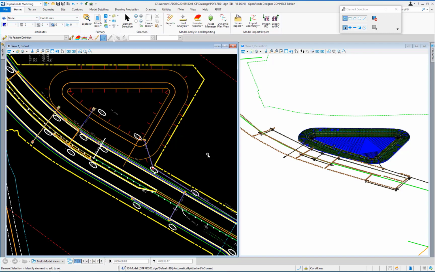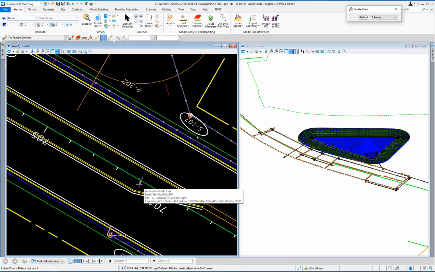Left-click on the Rotate View tool in the View Controls bar. Select the 2 points method in the Rotate View dialog box. For the first point, snap to the end of the minor tick mark nearest the station 704 of the roadway centerline alignment.